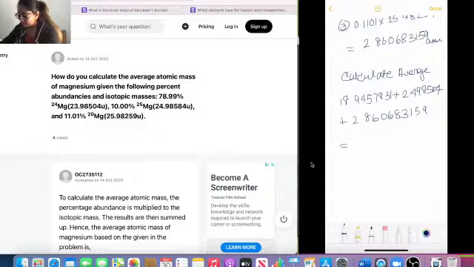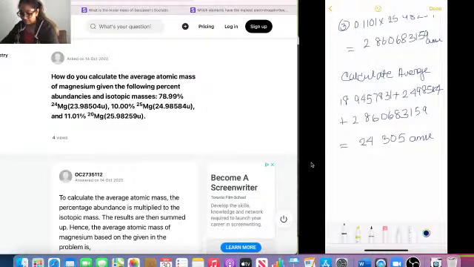So when you add all this together, I basically get 24.305